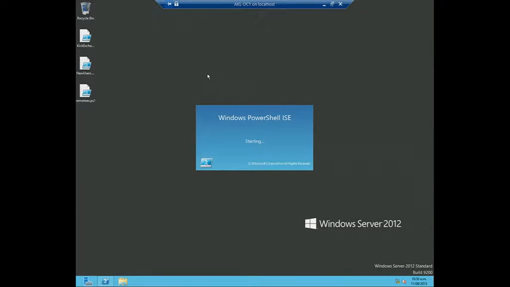So we come in here. Anyway, I'm going to see a few things they've done in here. One of the nice things is that I can now enter remote sessions directly from the ISE. That was one of the biggest problems I said with the ISE itself. It was great for working on scripts and doing some basic work, but doing things remotely, if I wasn't really good at how to enter PS sessions and do all those types of things, I had to put those things in there.